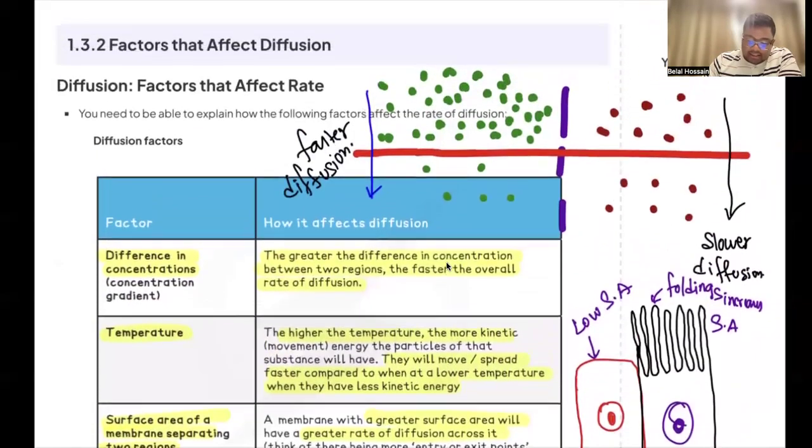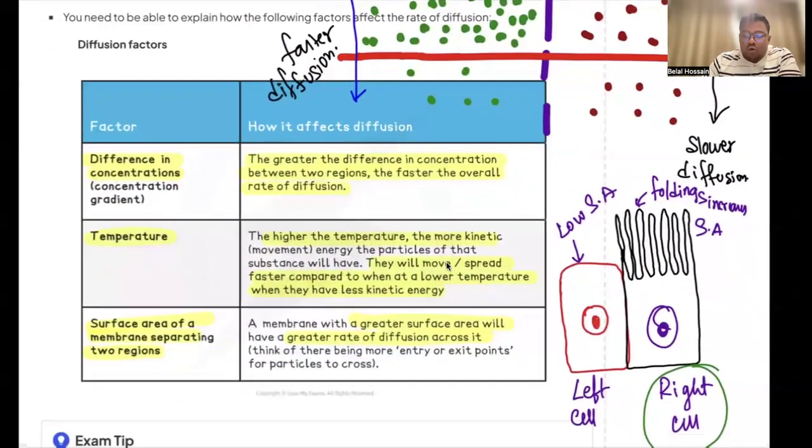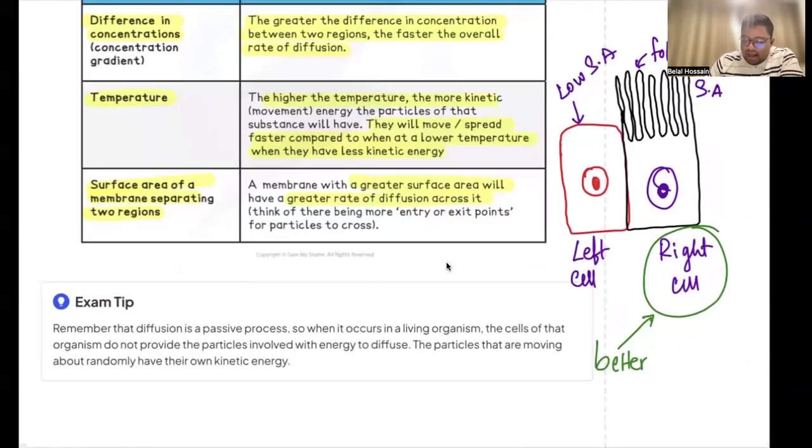So here is the thing. If you already have particles waiting outside that want to enter, having more surface area gives it a better advantage to take the particles inside you, because there are many entry and exit points. Did you get the point? Yes. So the right cell will have better diffusion due to greater